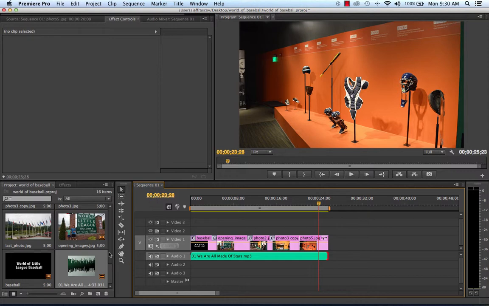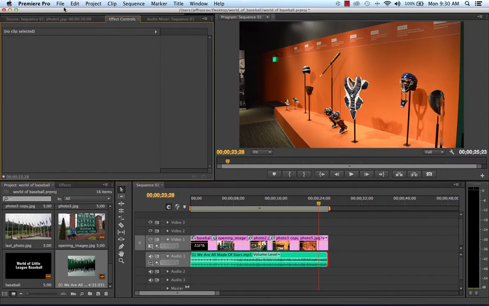But again, you could just simply take it from the project window and drag it in the timeline. You can adjust the volume of your sound. Next week we'll talk a lot more about mixing sounds and doing things like that. But for right now, I just want you to make a simple one, make yourself a YouTube channel, and upload it to YouTube. So when I'm all done putting my project together, to make it into a final movie,